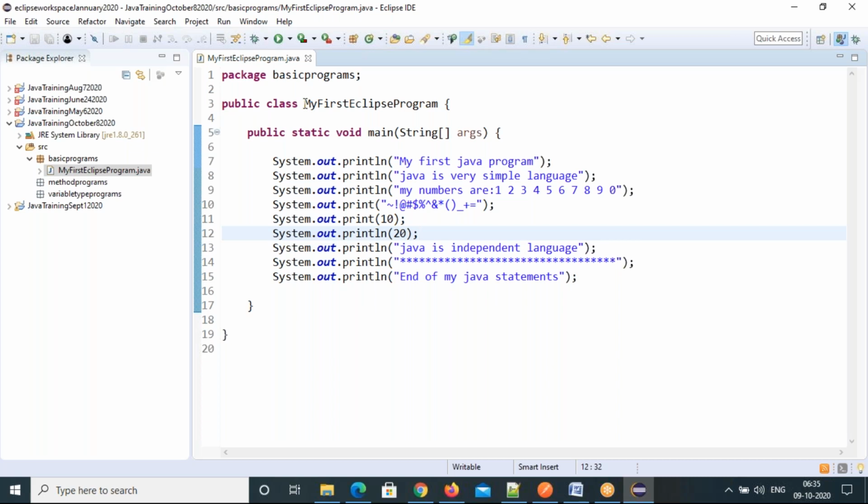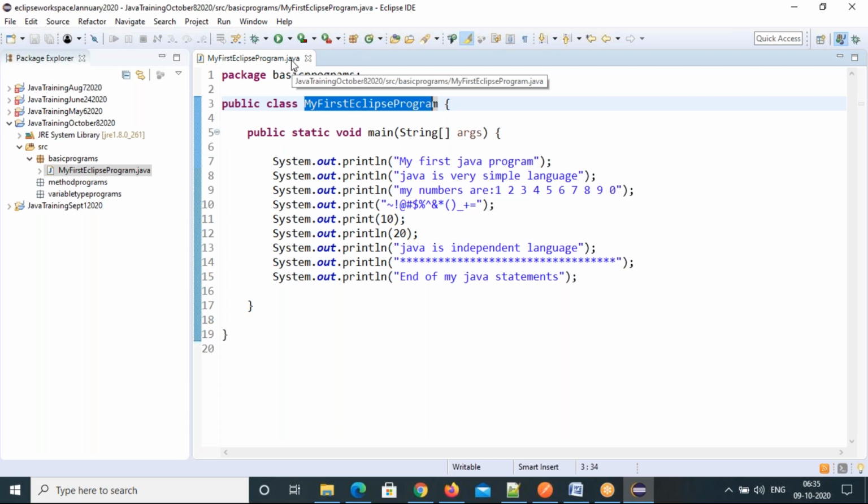Now, this is the class name. The class keyword, then the class name. What is the Java file extension? See, you can see just above, .java. That's the Java file name. So class name .java is the Java file name. Even you can see under package, on the left side under your package, class name .java. .java is the extension for Java files. This is one of the Java files.